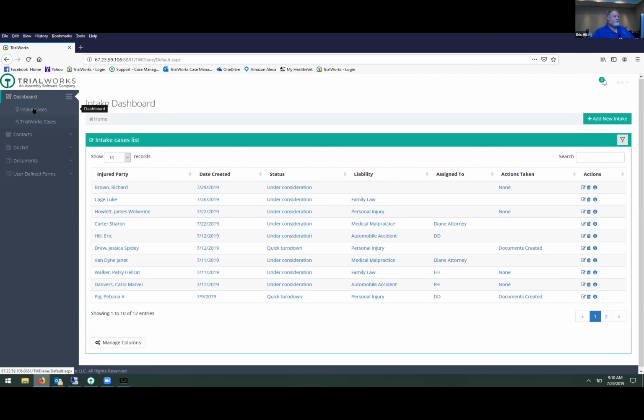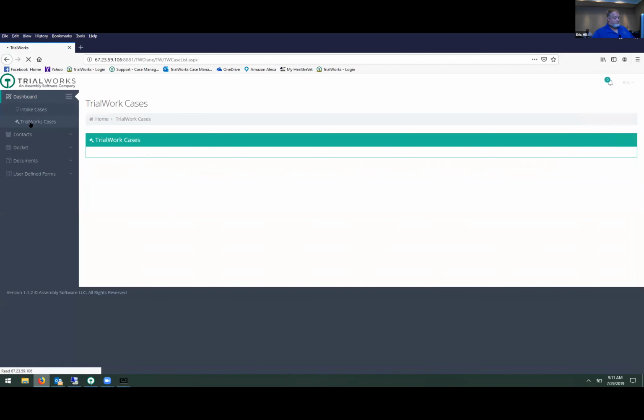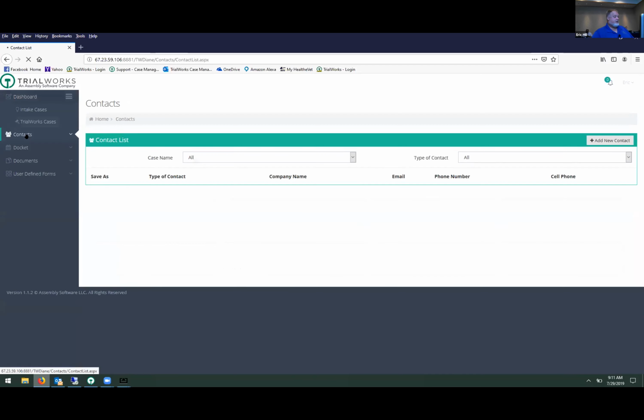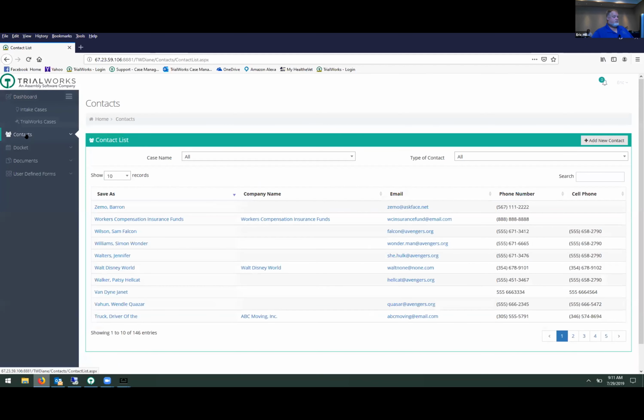So we can see all of our intake cases, all of our TrialWorks cases, all of our contacts that are in our TrialWorks database, our global docket,